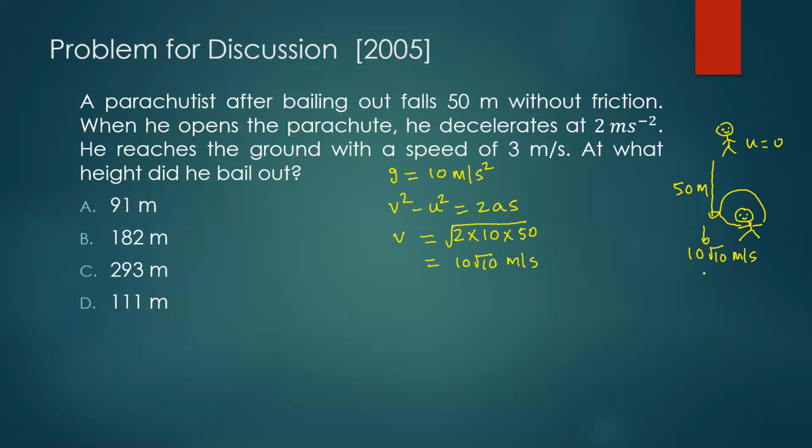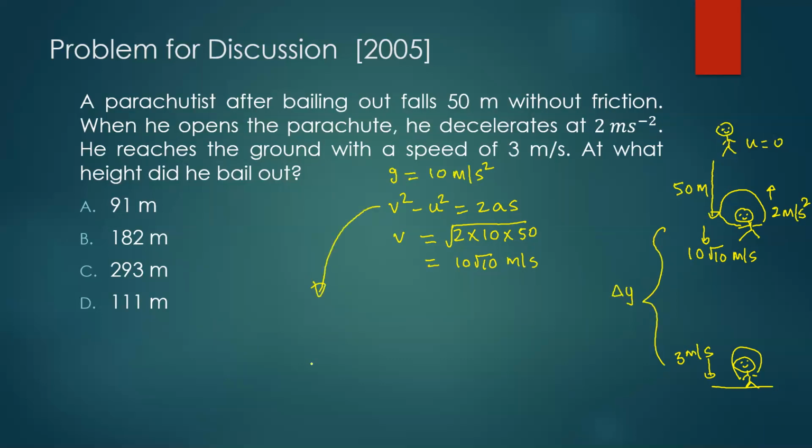Now, because of the parachute, he is able to reduce his speed. You have air resistance building up, and because of that there is deceleration. So we can say there is acceleration in the upward direction. Now we'll have to use this acceleration until he hits the ground. As he hits the ground, he is hitting with what speed? 3 meters per second.